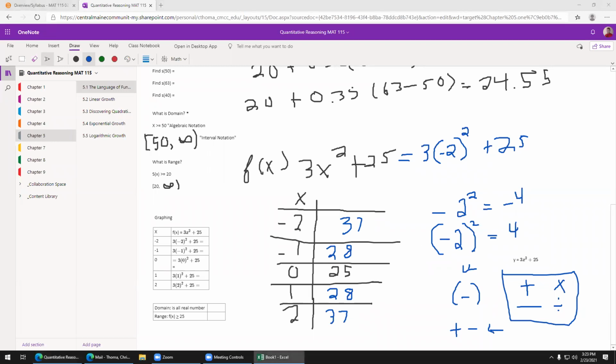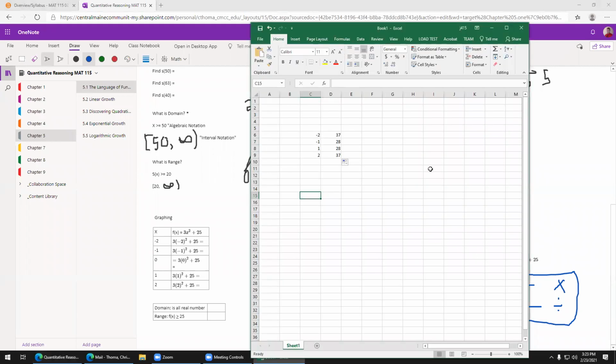Now, if you're like me and you like to use Excel as your calculator, then you can just type it in Excel. I did 3 times and I listed out my little table here. So here's my X. Here's my F of X. I'll do another one so you can see. You literally just put an equal sign in Excel, call the cell you like. So equals. The function was what? 3 times parentheses this value